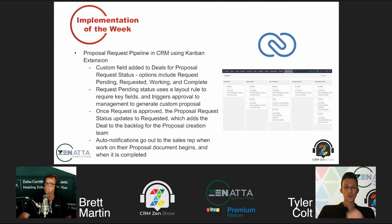Because they want to make sure that they're not flooding the engineering team with deals that don't actually need this style of proposal. So once management approves that deal for a custom proposal, it'll update the status to requested, which means that it's approved, and that puts it into the queue for the engineering team to start working on it, right? And then what management can do is come into the board and actually drag and drop and